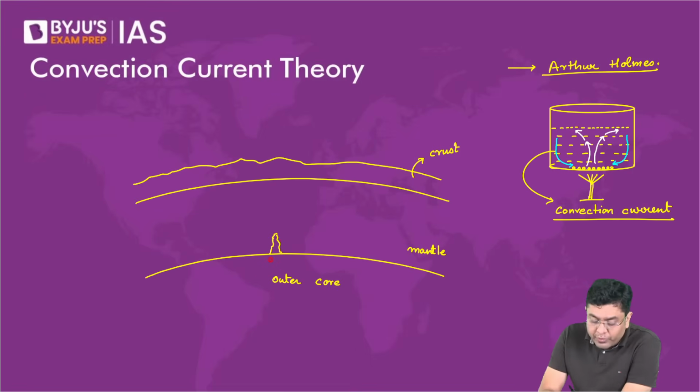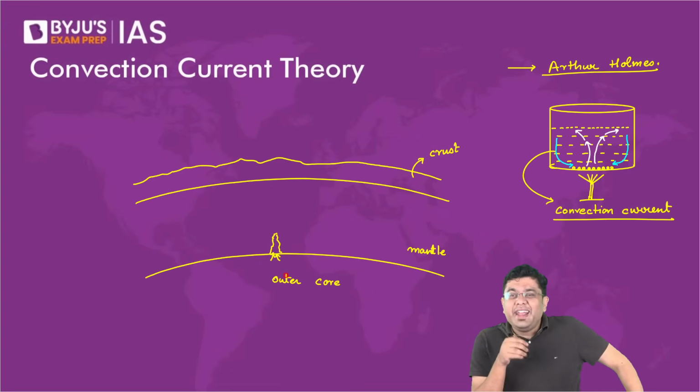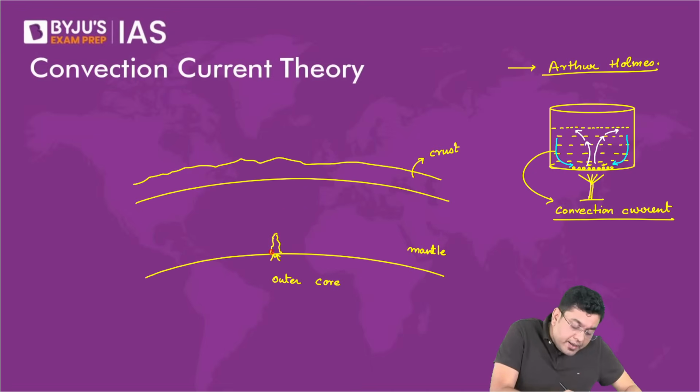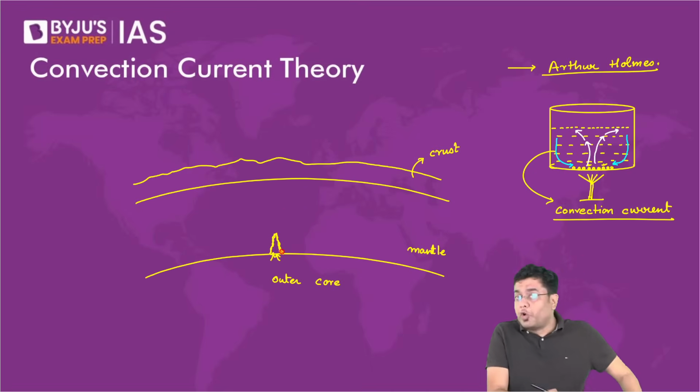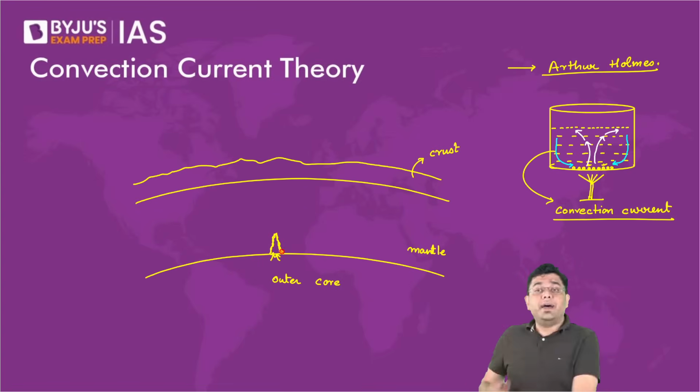Now this is the source of heat. So what it will do is, it will melt the portion of the mantle immediately above it. Immediately it will melt. Why? Because that heat is provided. Just like in the case here, bubbles are formed at the base. Just like that, here it will start melting the solid mantle. Now it will get converted into liquid, isn't it? Liquid is lighter than solid in comparison. Liquid will have a tendency to rise up.